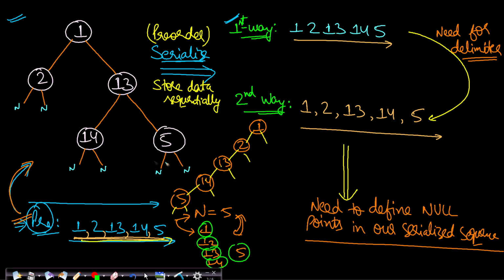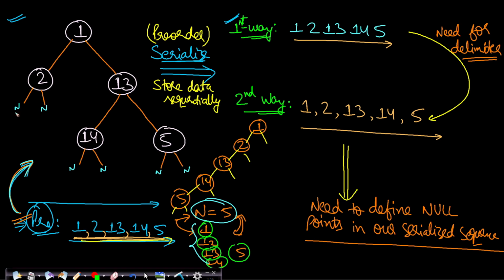Okay. So structure wise, we want to construct the same tree back from the given pre-order or from whatever is your serialized data. From there, our requirement is also to construct the unique tree. But just by knowing the number of nodes and all the unique values of all the nodes, we cannot actually construct this entire tree. What was the reason? The reason was that I don't know about the null pointers. I don't know where the null pointers are actually occurring.